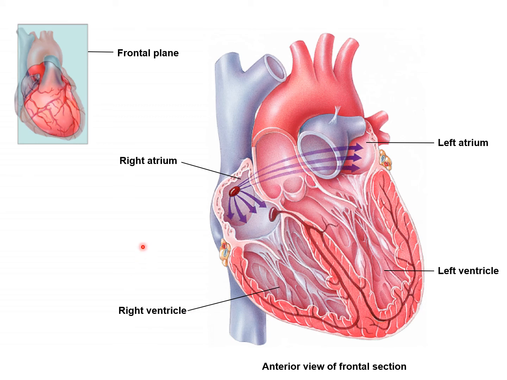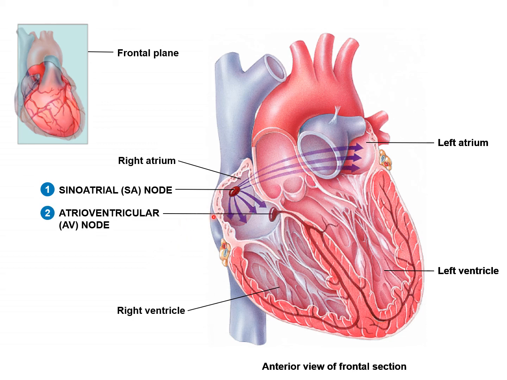You see in this diagram there is the right atrium, left ventricle, left atrium, the SA node, and the AV node, and this is the bundle of His. This is the anterior view of a frontal section. Where is the SA node present? In the right atrium. Here the AV node is present in the septal wall, the interatrial septum. The AV node is present where we said the triangle of Koch is.